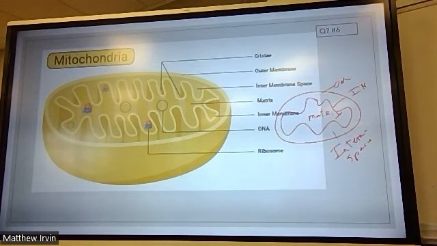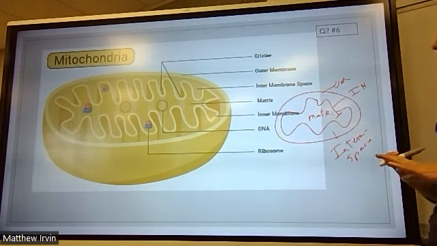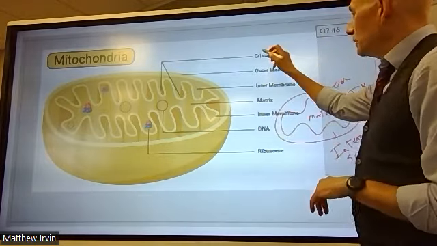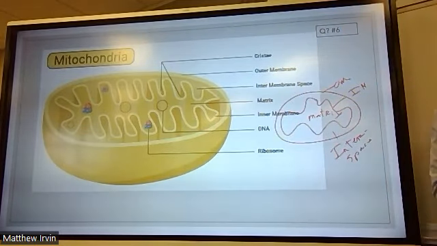And so when we talk about the general functions of the mitochondria and what they are doing, again, we're going to have our 3 stages of cellular respiration: glycolysis, Krebs, and the electron transport chain. Glycolysis actually is going to happen outside in the cytoplasm,